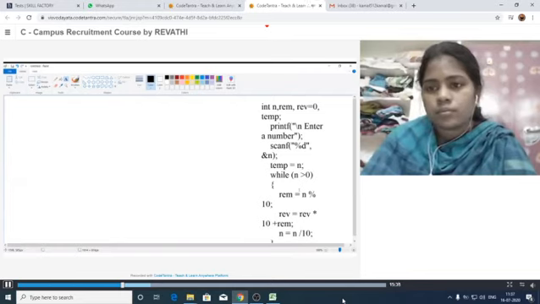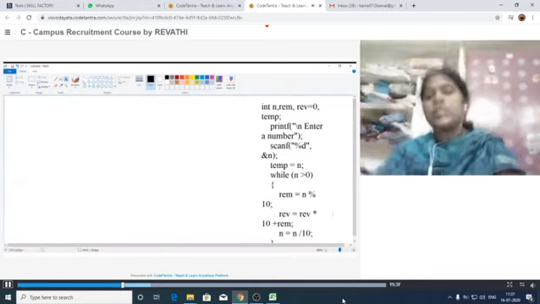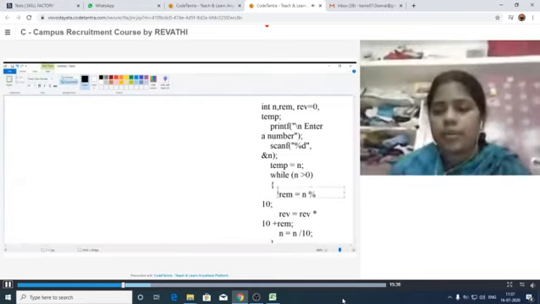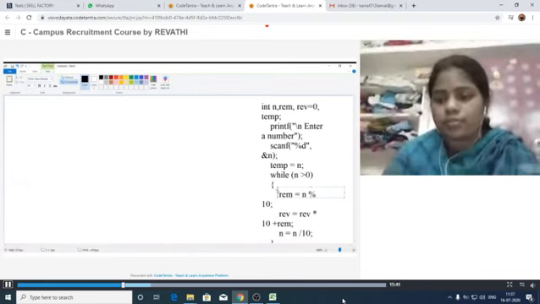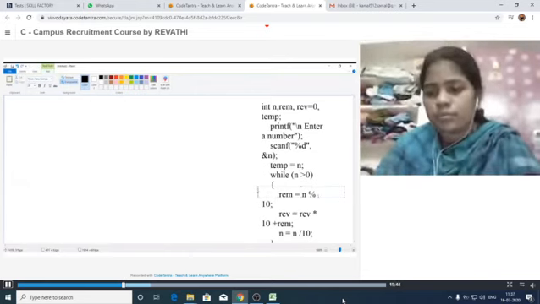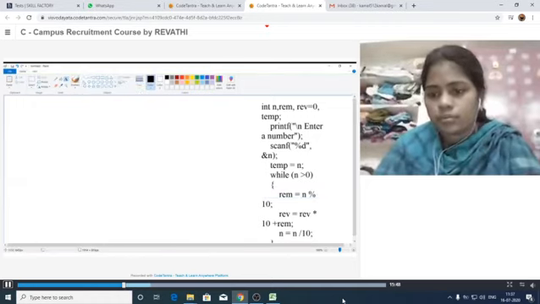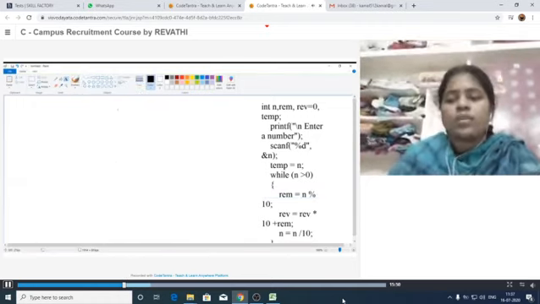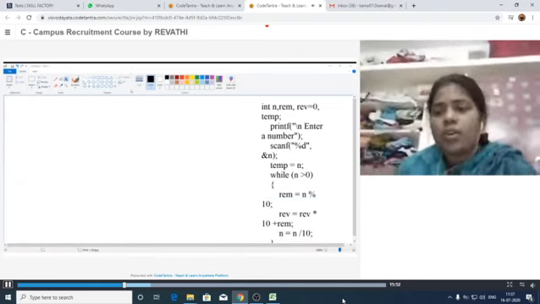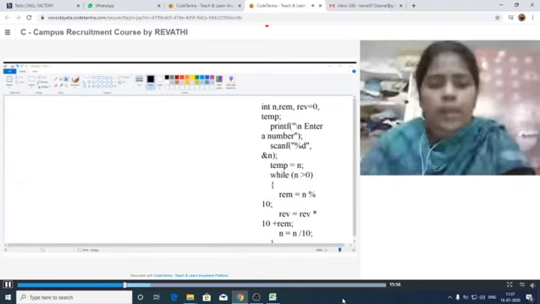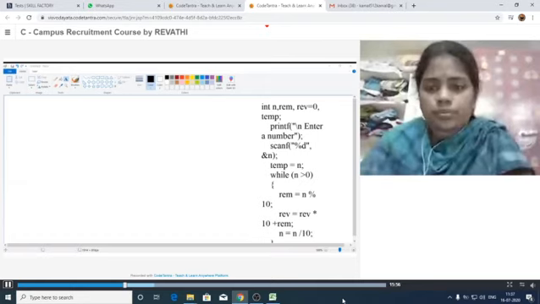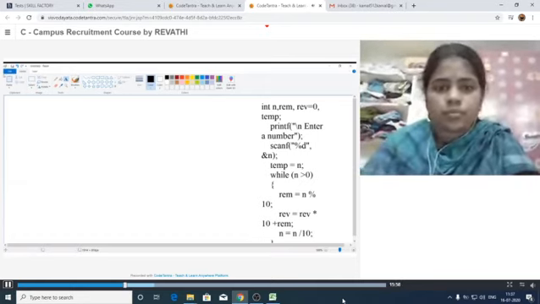See, this is the actual logic we have developed. See, first work this out. We have to provide the n value.